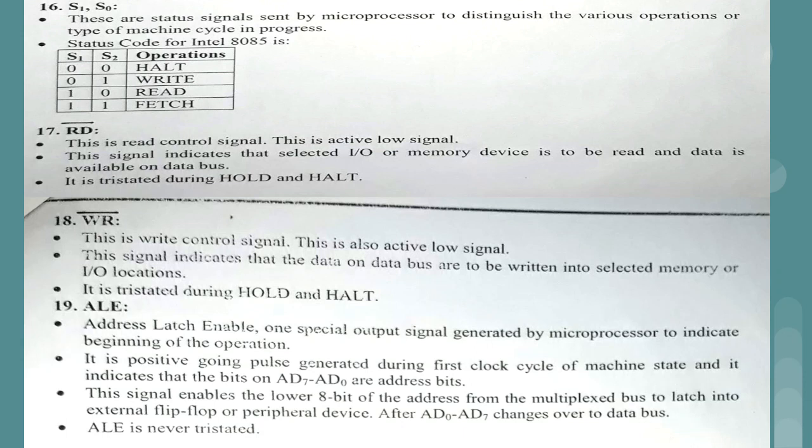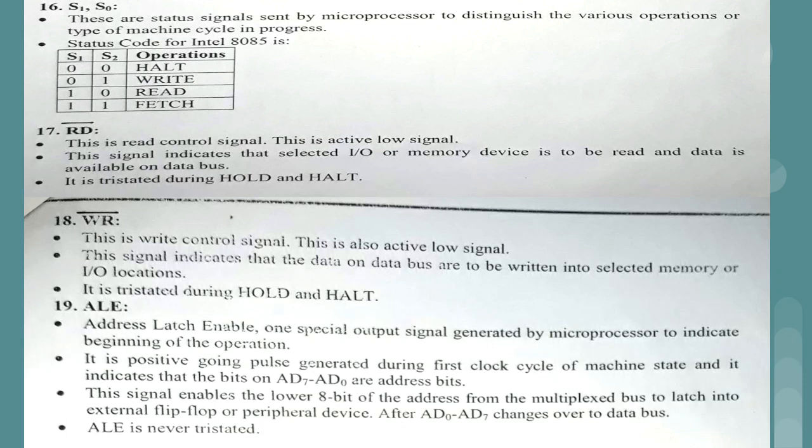We will be having one mark question on each and every pin. So you should explain at least 2 points about each and every pin, then you will get the 1 mark. So now we are having 2 common points. If you are writing both the common points, again you will get 1 mark, no problem, even if you are not writing the second point.